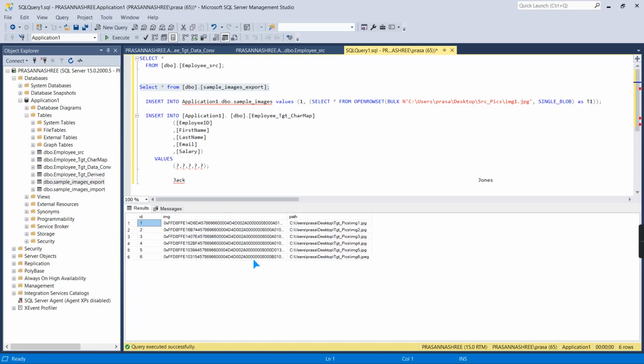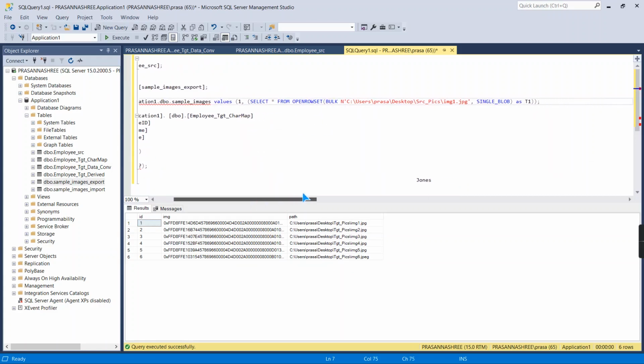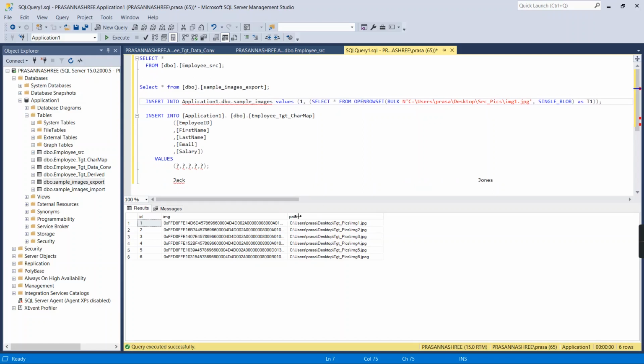Then each and every image I have stored as blob content here, and then the target path where I need to extract this blob content, I have provided here. So I used an insert command and some built-in functions, OPENROWSET, BULK, SINGLE_BLOB. These functions I used to load the blob content into this SQL Server table. Already I have inserted around 6 images' blob content over this particular column.